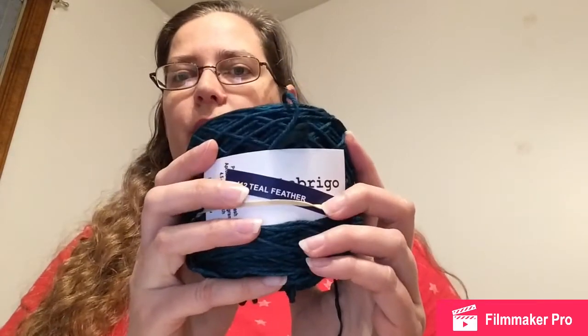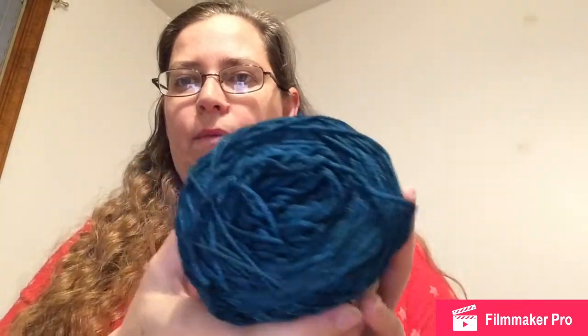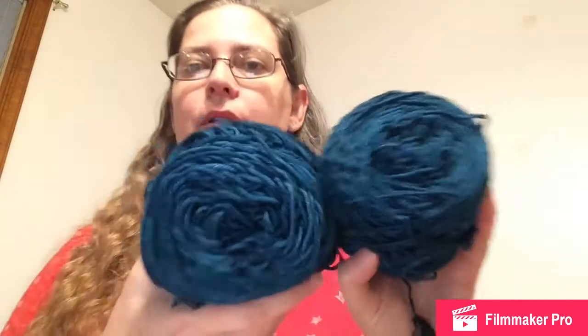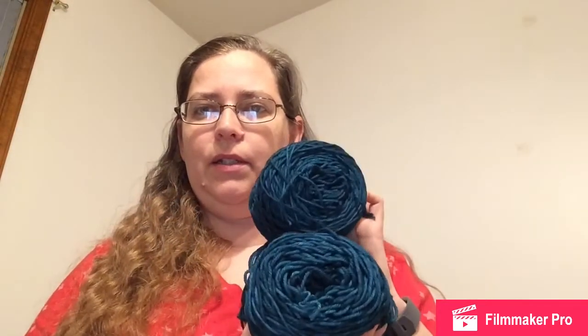And I have decided I'm going to do that in Malabrigo Rayos in Teal Feather, which is this gorgeous teal color. And it's going to be for me, I've decided. So I can't wait. I got my 2 skeins,